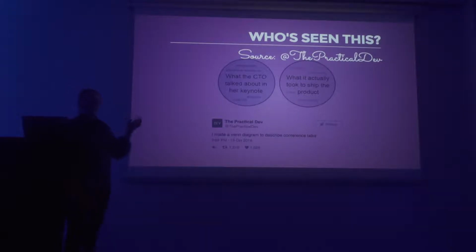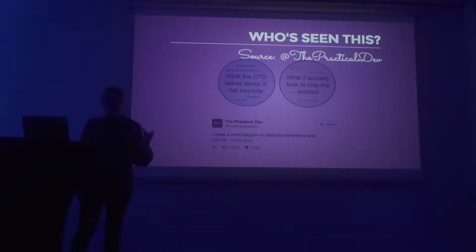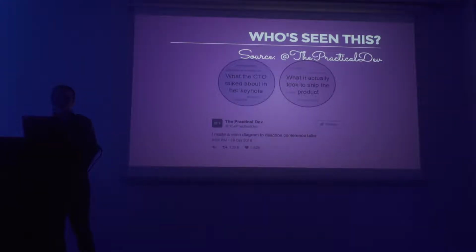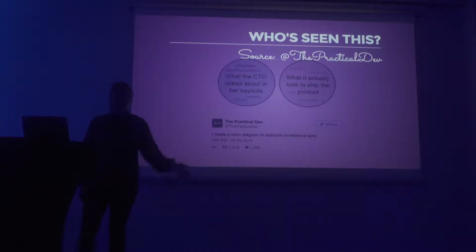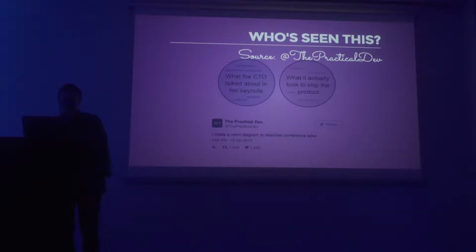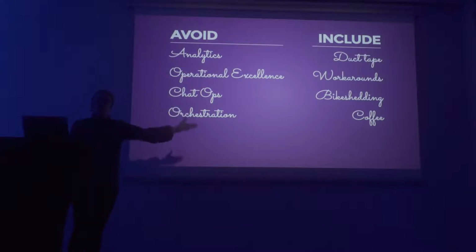Has anybody seen this Venn diagram? This is what people talk about in conference talks and what makes a practical conference talk. Can you see that there's no overlap, right? So I took this quite seriously because I was like, I've got to make this a practical conference talk. I want there to be takeaways. I definitely don't want it to be something that I just talk about and everybody's like, ah, that was rubbish. So I've made two lists based on this Venn diagram of things that I have to include in the talk to make it useful, and things that I have to avoid, because then it won't be useful at all, right? Now, you are my audience, you've got to make sure that I definitely do these things.